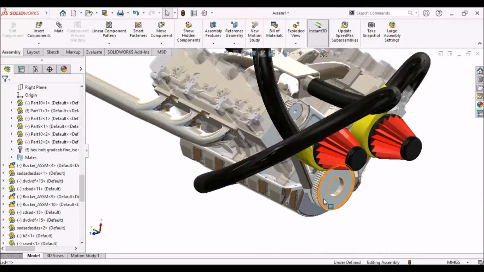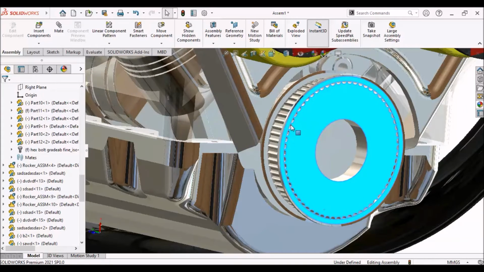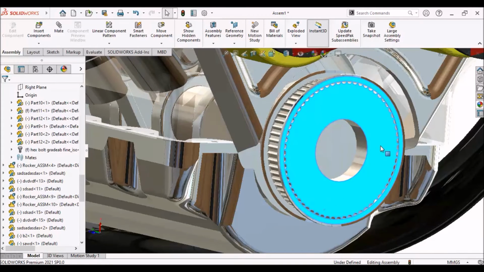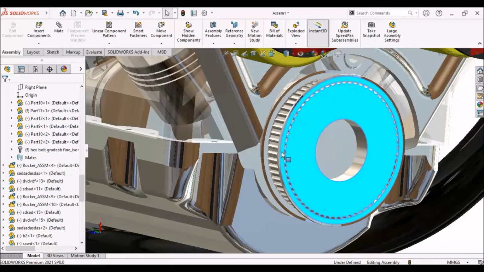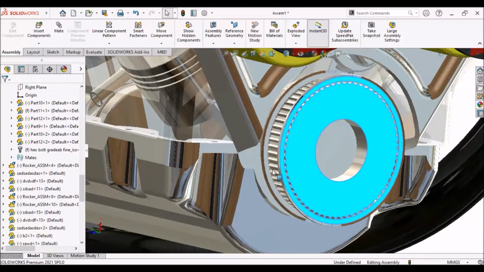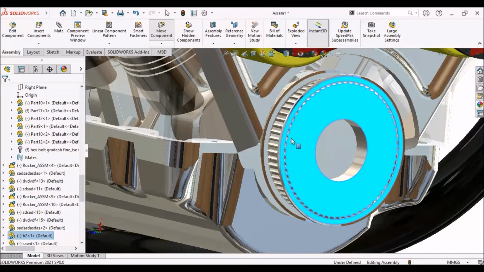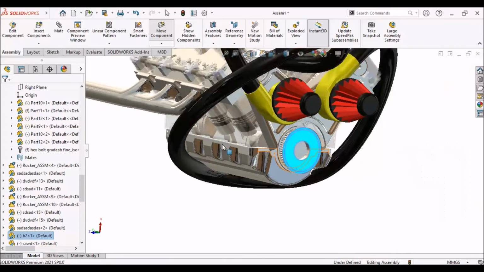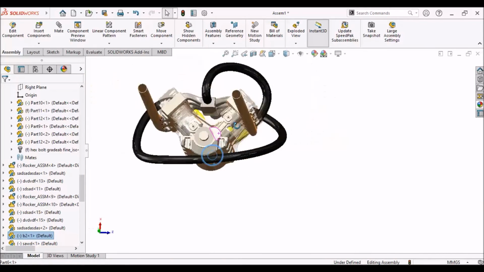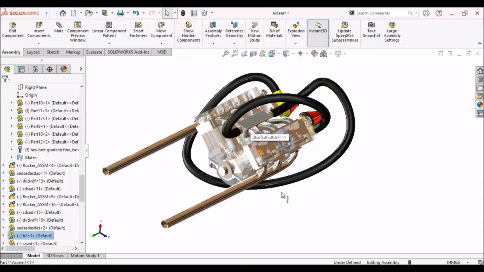If I talk about the motion in this video, we can easily show how my pistons are performing. It's a very basic simulation that you can do in your assembly modeling, and you are showing that the piston is moving up and down, and it's creating motion. So we can perform this kind of solid modeling in SolidWorks, and it's a pure example of solid modeling.